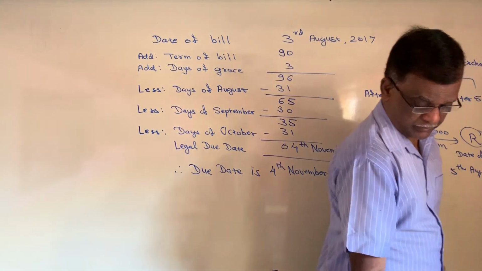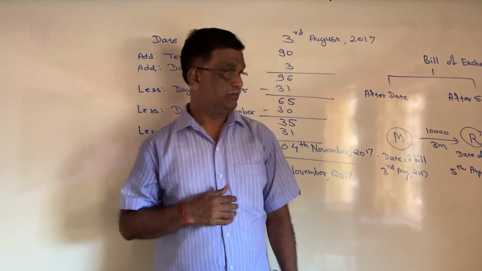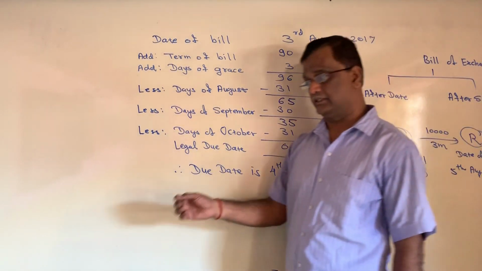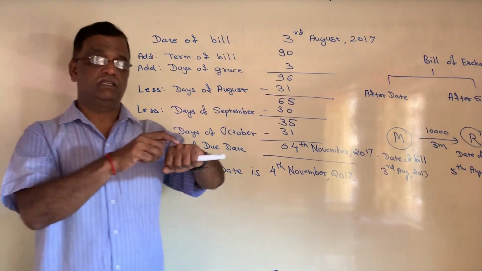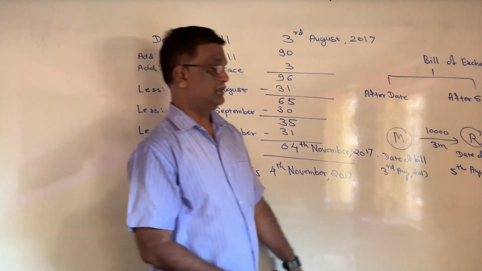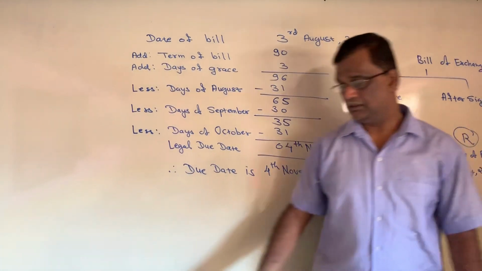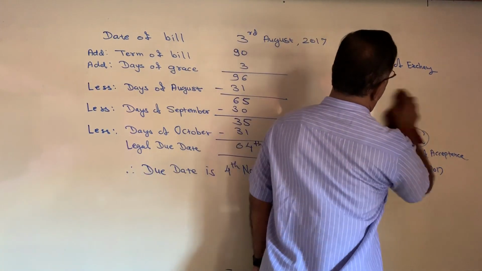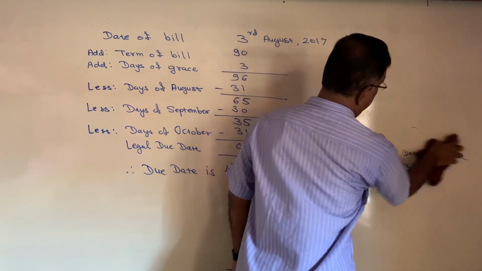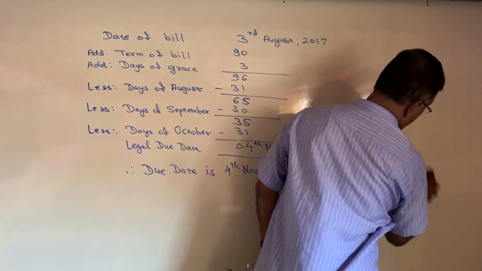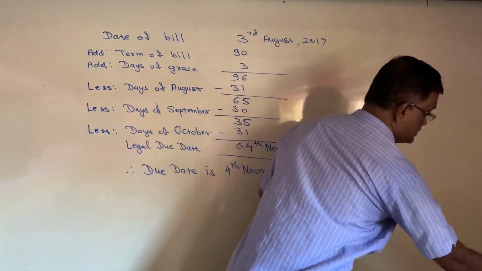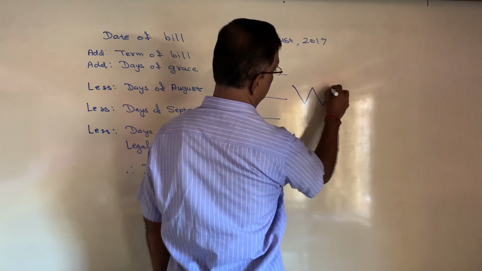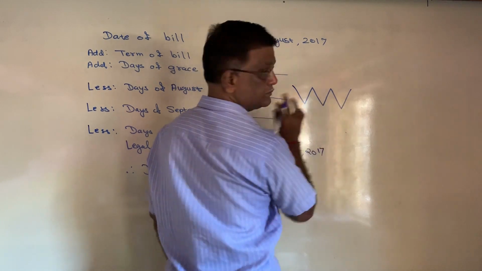Okay. Now I will tell you one more technique for remembering how many days are in the months of January, February, etc. You know that idea, but still I will show you that technique for those students who don't know it. How to find out which month consists of how many days. So just draw 3 V's. 1, 2, 3. Draw 3 V's.